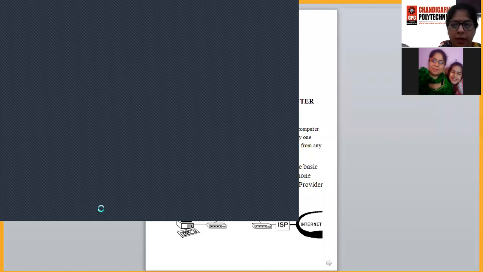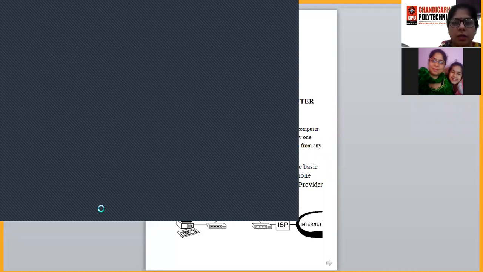Now we have entered the control panel of our computer system. Under the control panel, we will have the option of Network and Sharing Center. I've selected the option Network and Sharing Center. You will click on this option and a window will open. After clicking on the Network and Sharing Center, a window will open from where you will click on an option, the first option, which I've selected.